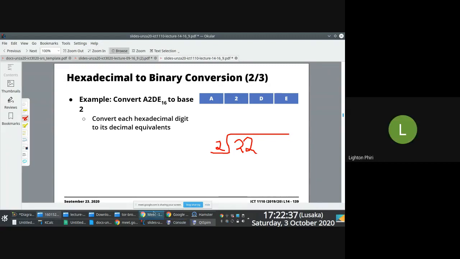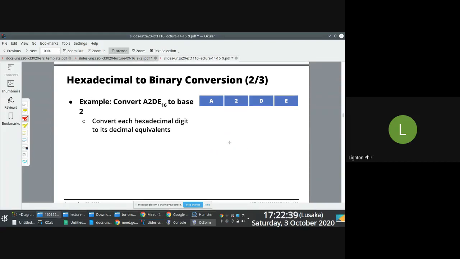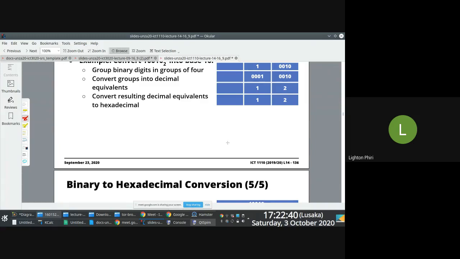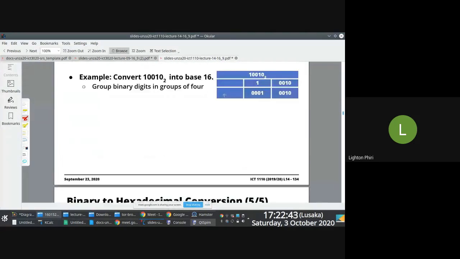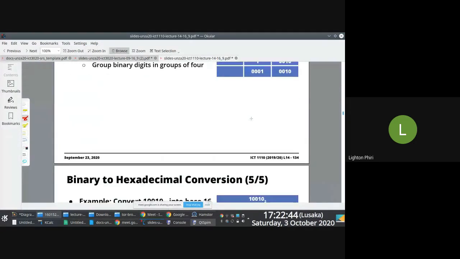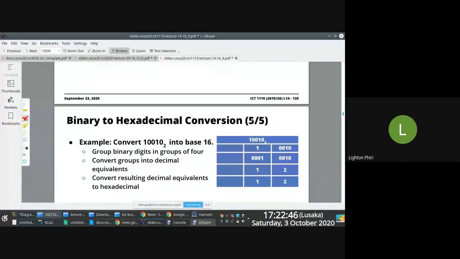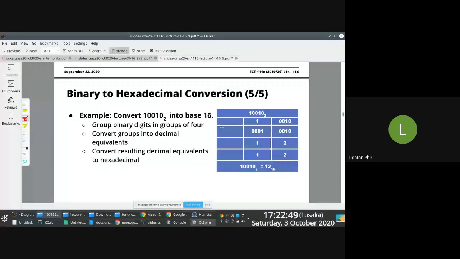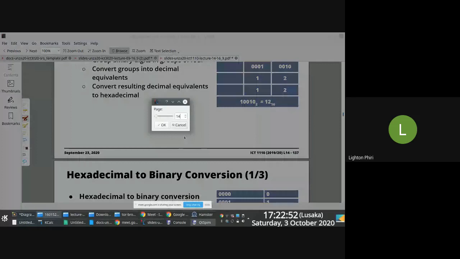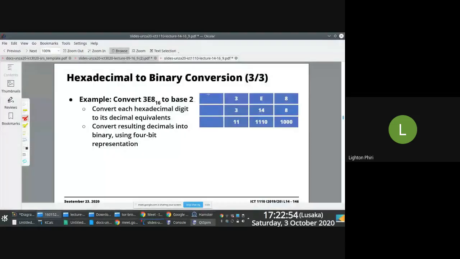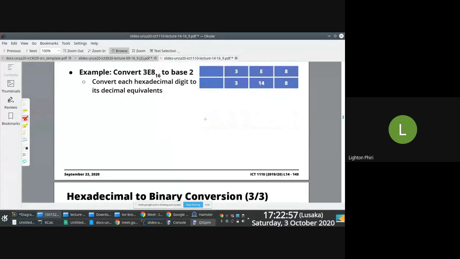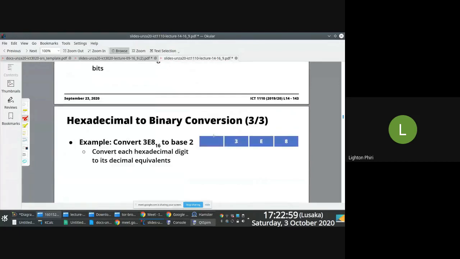Yes, sir. It's just a visual representation. So what you're doing is, instead of visually representing things like this, the way Lighton is doing. What Lighton is doing now is, I'm skipping certain steps here. If you notice, hexadecimal to binary, I'm skipping certain steps because I'm assuming that you know how to convert from